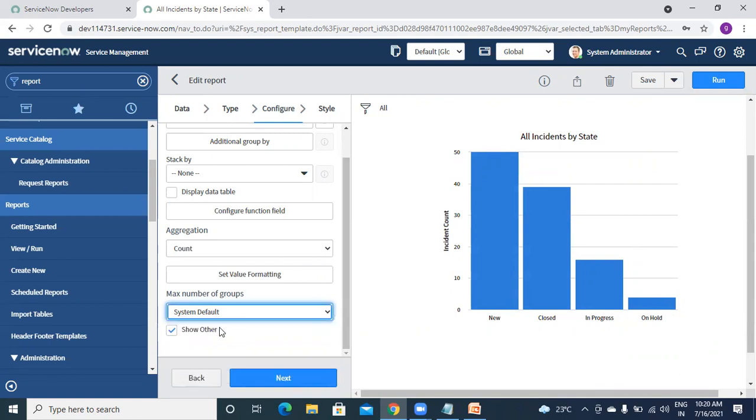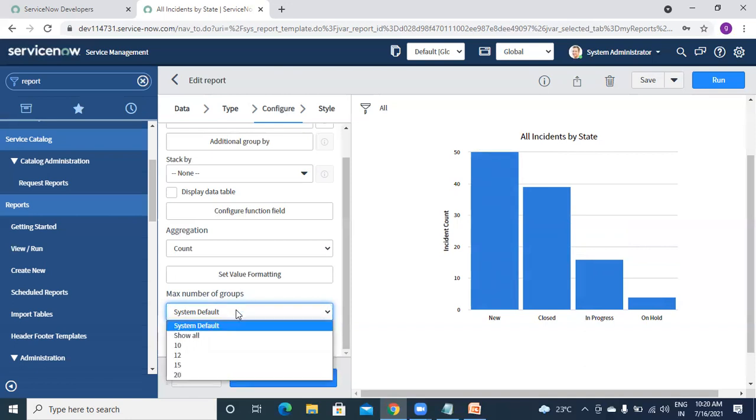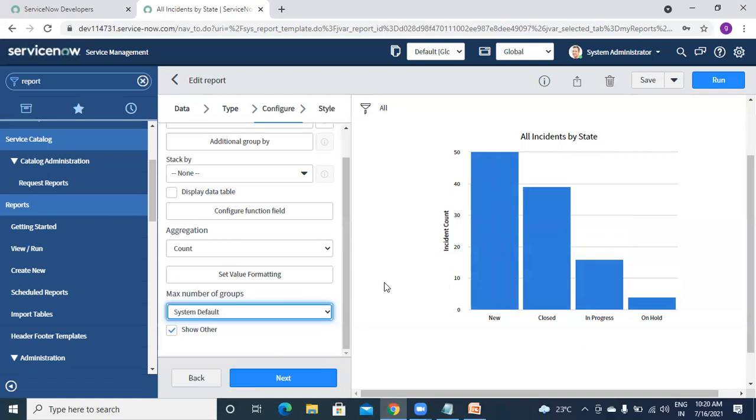If we have some 100 group bys, it will show like that. And system default, whatever the system is having as default, I think it is 10. So it will show a maximum of 10 group bys if we select this, and the remaining will not be shown, only the top 10. You might ask, if we select 10, 20 or system default, then which one will actually show? It will show based on this count, the maximum tens it will show. Okay, so that is about configuration.